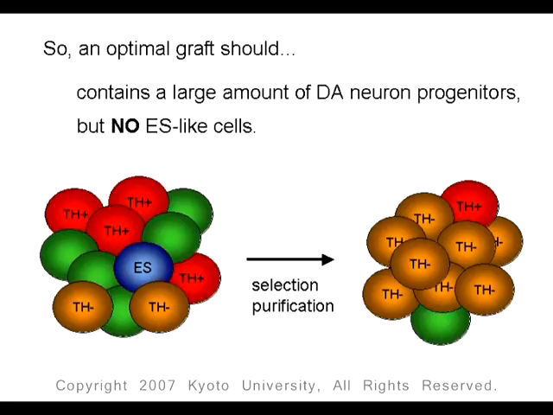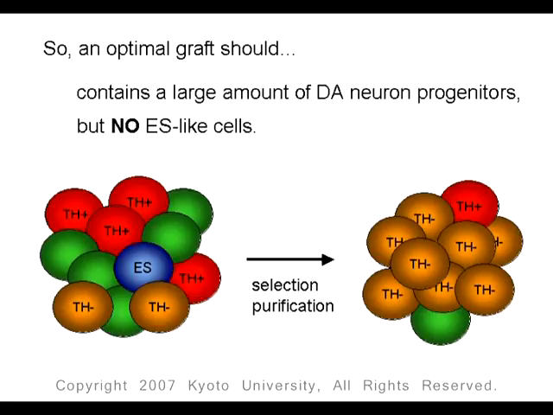These results tell us that an optimal graft should contain a large amount of dopaminergic neuron progenitors, but no ES-like cells. So we and other groups are developing a method to select or purify these cells